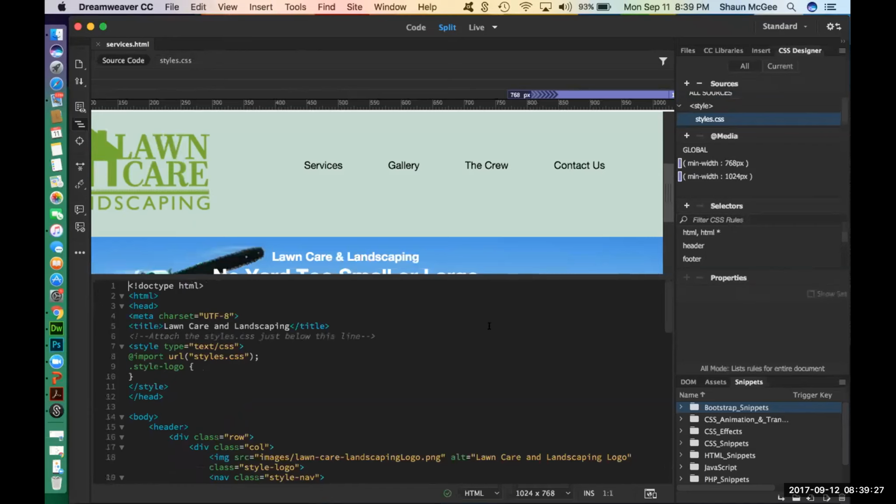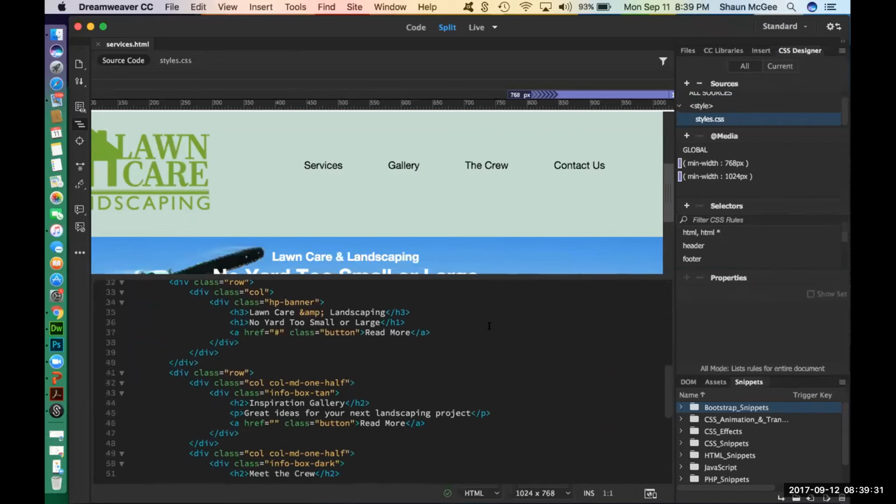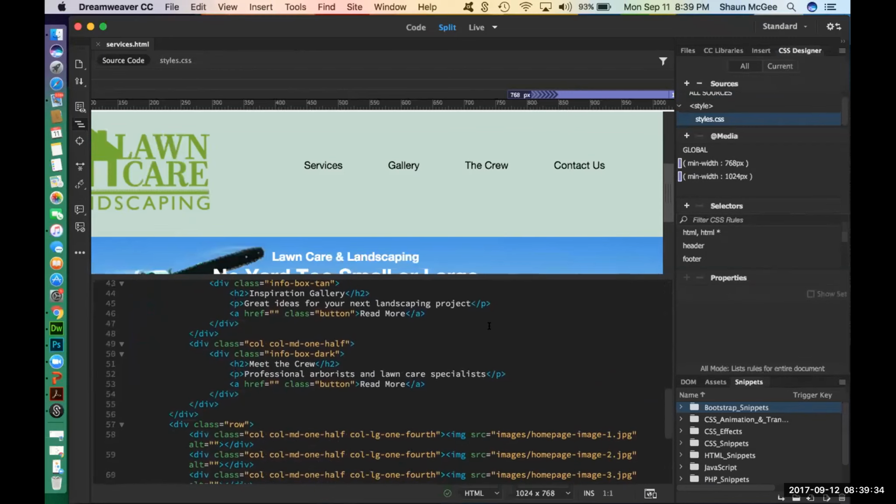Go down to line 55. Okay, it's actually line 58 on your screen. See where it says image SRC equals, and it says home image 1 JPG? Right here, on line 58. Now, on the line right below that where it says ALT, put your cursor in front of the A,